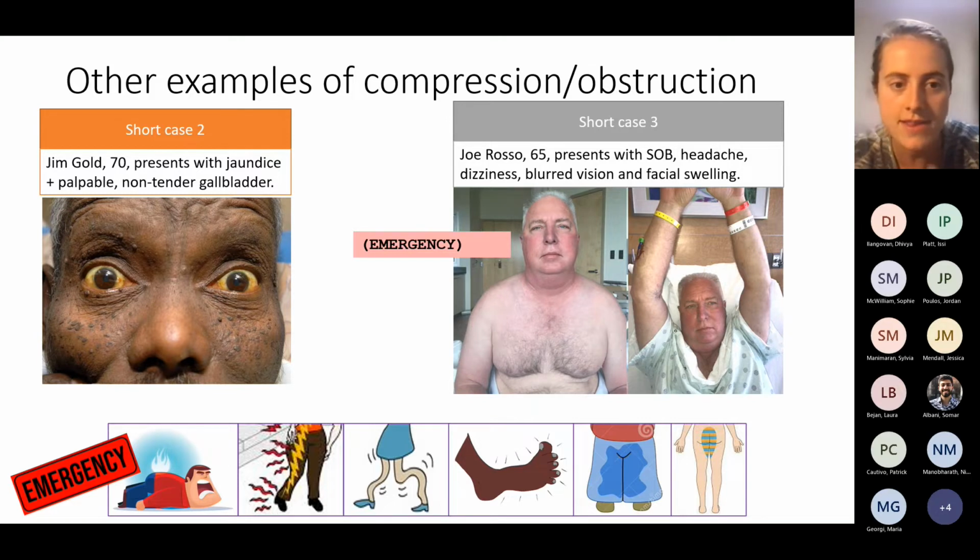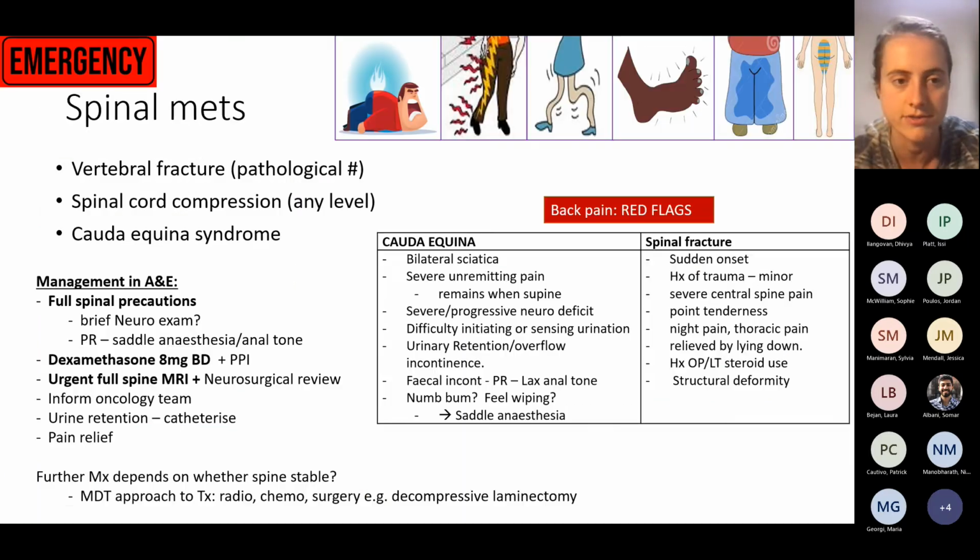Great. Okay, and then someone guessed this one already, spinal cord compression. These are just some of the symptoms that you can have. That one is an emergency if you're suspecting it. With anyone with back pain, you always want to screen, especially if they're older and have risk factors for cancer. So we'll talk about spinal mets. I've given you one. These can have different effects. One can give you pathological fractures, which might not necessarily result in spinal cord compression, but can give you back pain. You can have compression at any level, but the one that people are really concerned about is